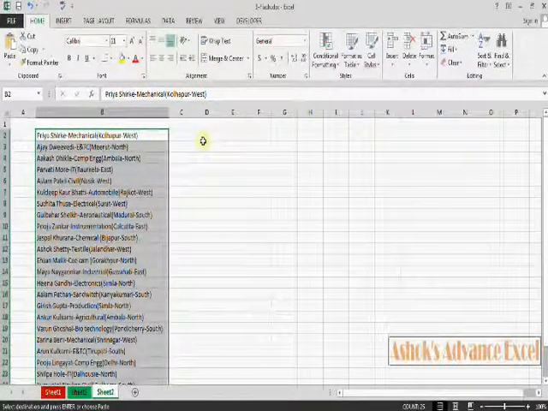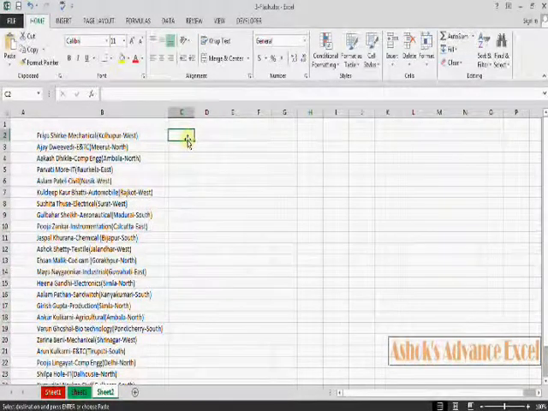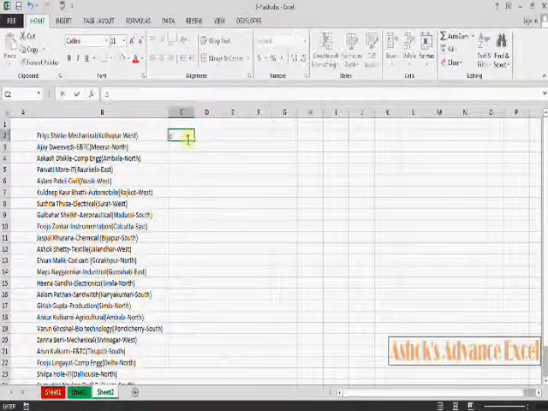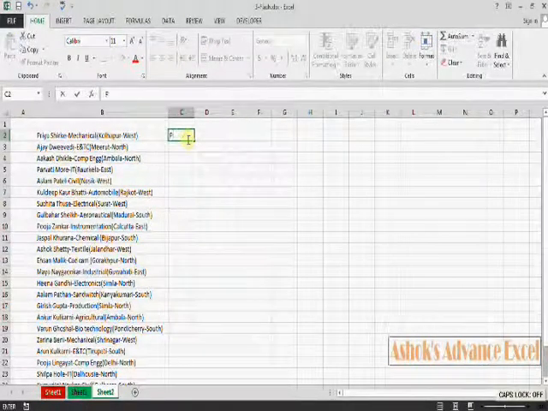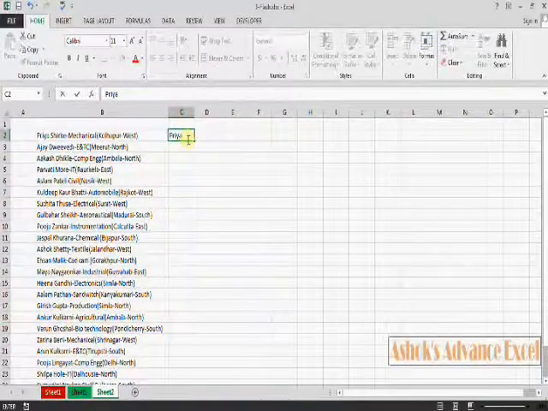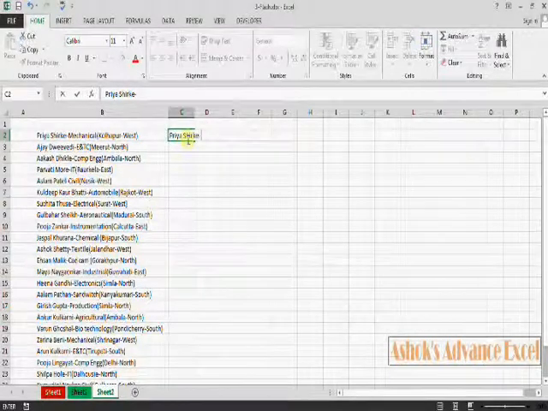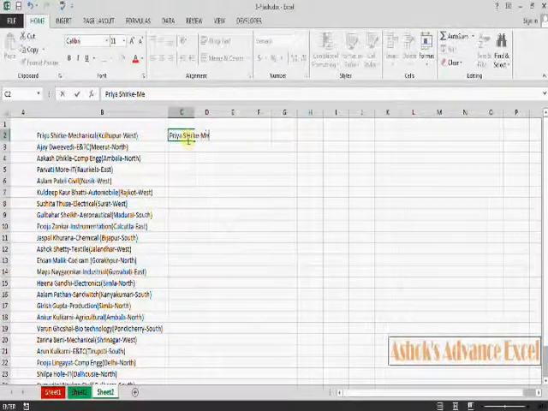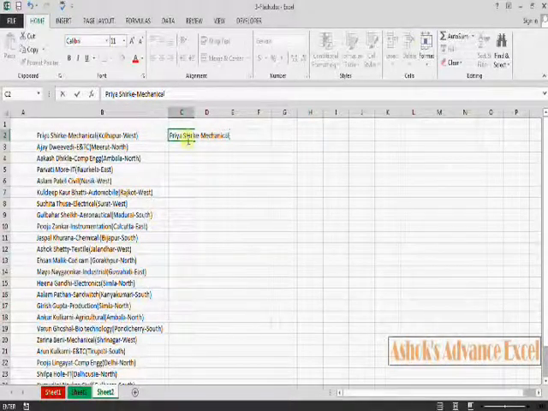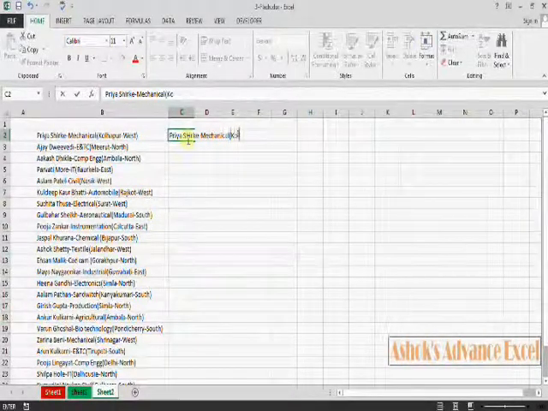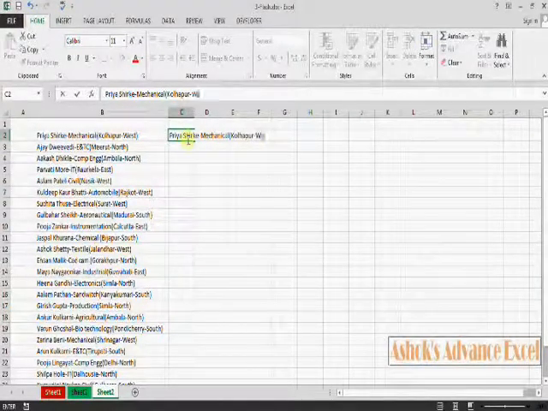Now click in the next cell and start typing the same record, Priya Shirke, dash, mechanical, into bracket, Kolhapur dash West,